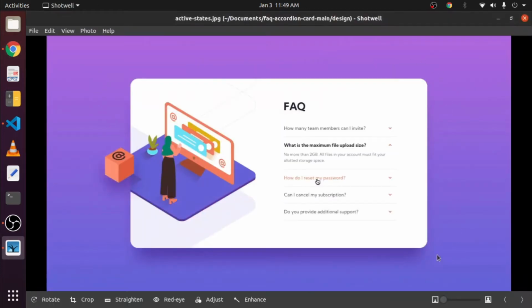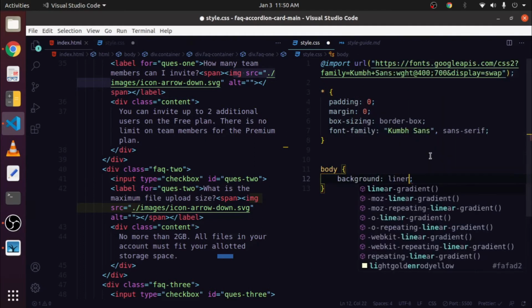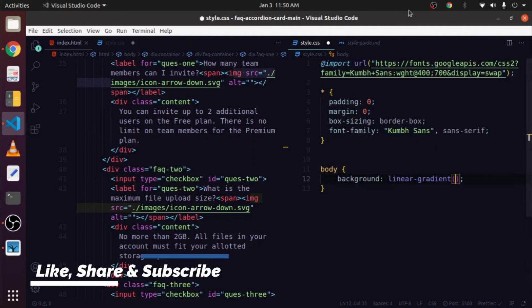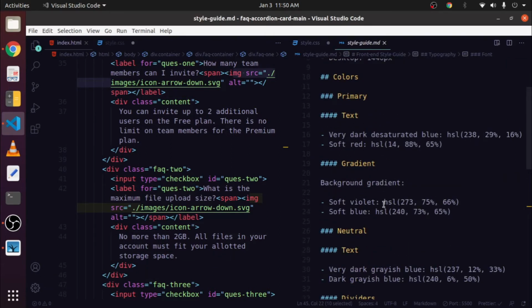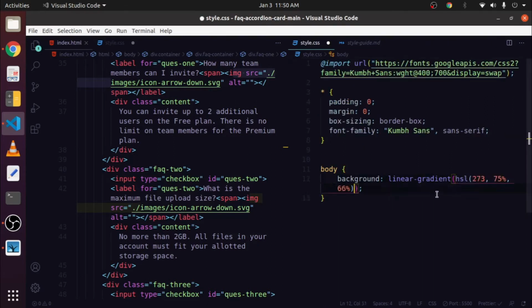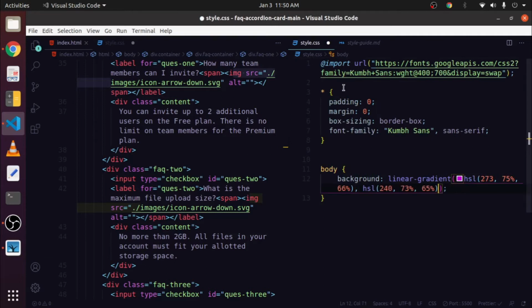Now add this linear gradient to our background. So open your editor and select body tag, and inside this add background property and give it a linear-gradient like this, and open your style guide and first copy this color and paste it over here, and then copy this color and add comma and then paste it.